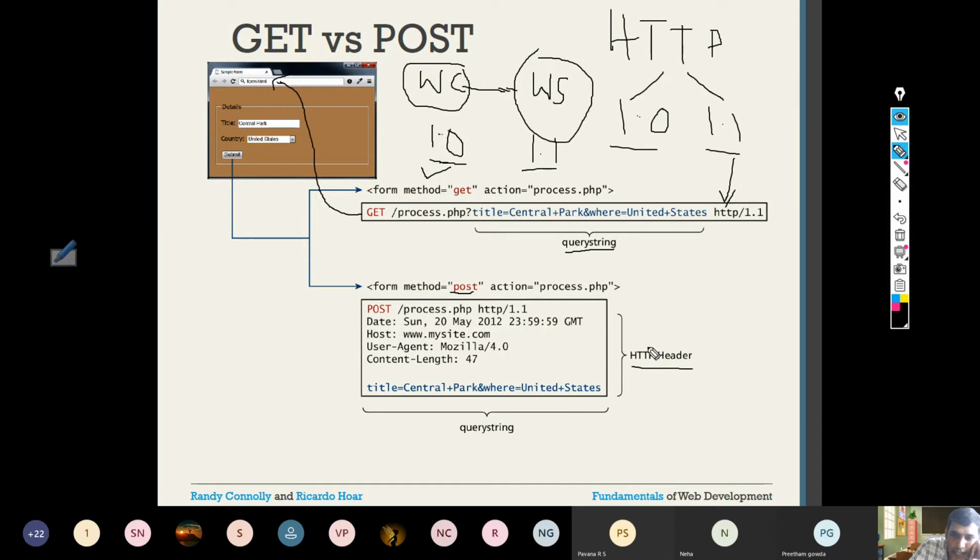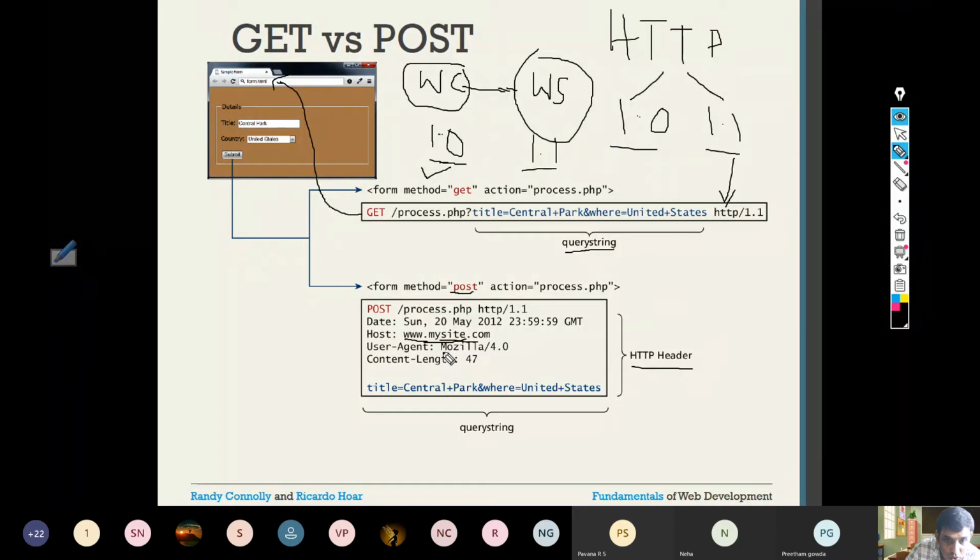So in the HTTP header, the information is being sent: POST process.php HTTP/1.1. It's the POST method, which executes process.php, for which the protocol is HTTP 1.1. And of course, the date and time will be chosen when the submit button is pressed, at the submitting time. Then Host: who are you contacting, what is the server site. The server site is something like mysite.com, whatever site name is there.